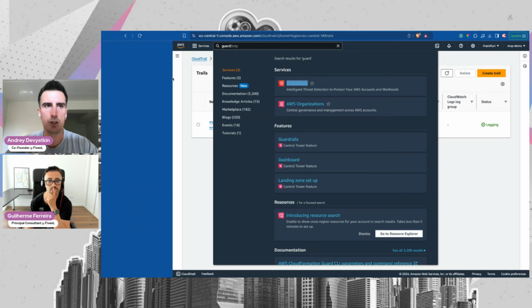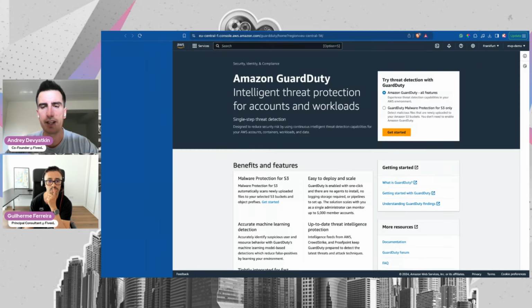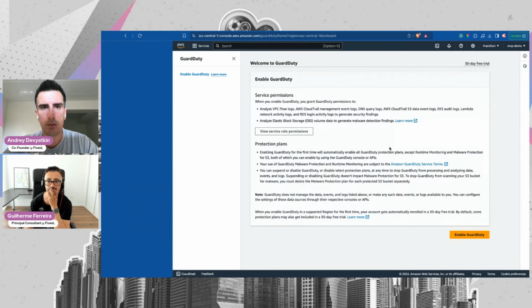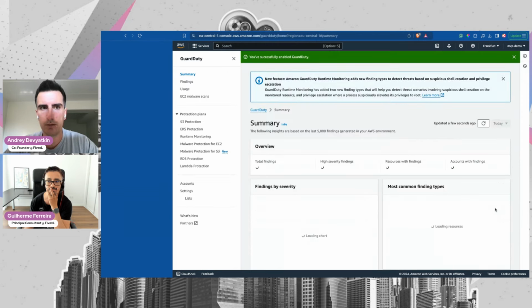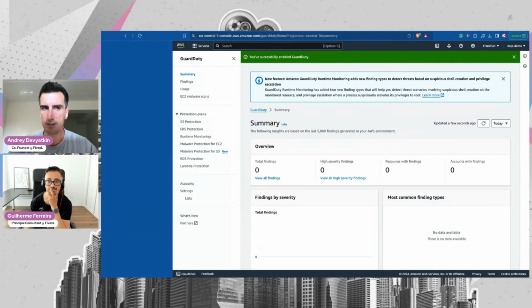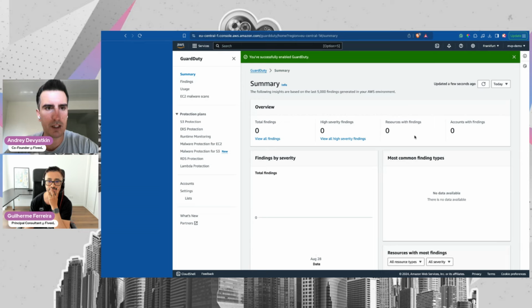And I'm still using root. So when I created my IAM user, ideally I would sign off as root and log in as my IAM user, but to save time, we're going to keep with the root user. And here I am. I just enable GuardDuty, and I have today's trail, and it's done. It's that easy. Now the only thing that needs to be done is to go to settings,